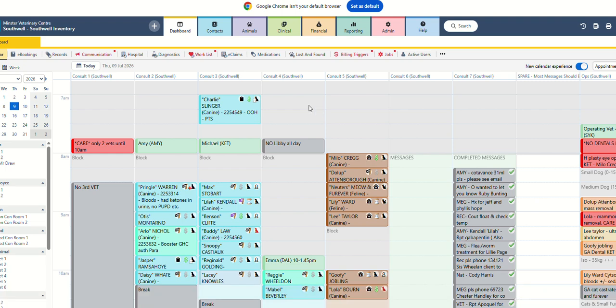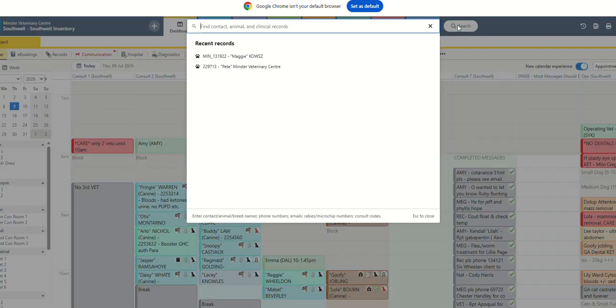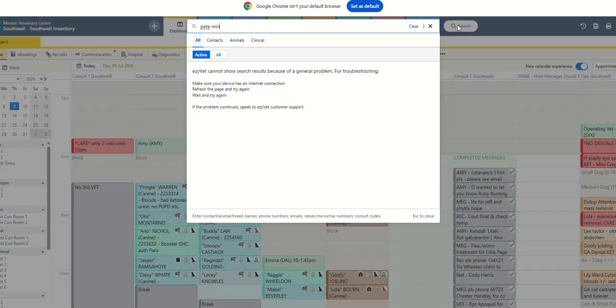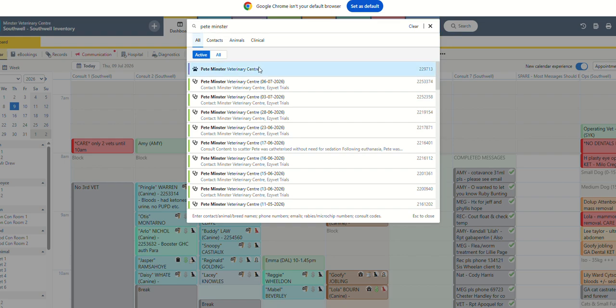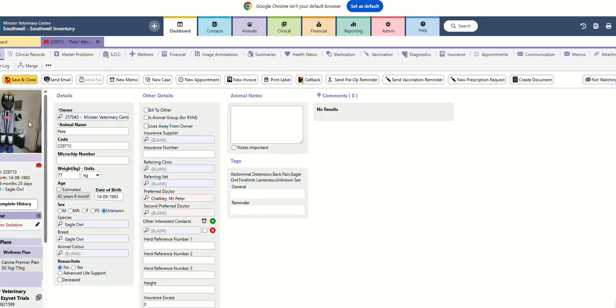How to do a med request properly in PremVet. So when someone phones up, we're going to go in and find them in ezyvet. We're going to bring up their card. We may want to check the history just in case there's anything on there, but what we're going to want